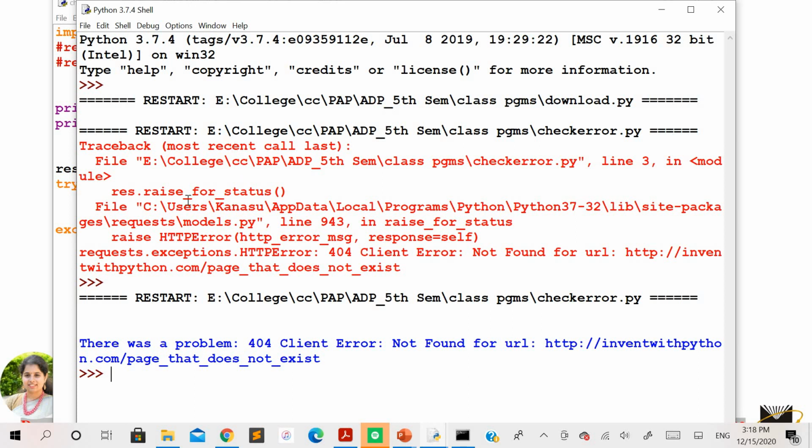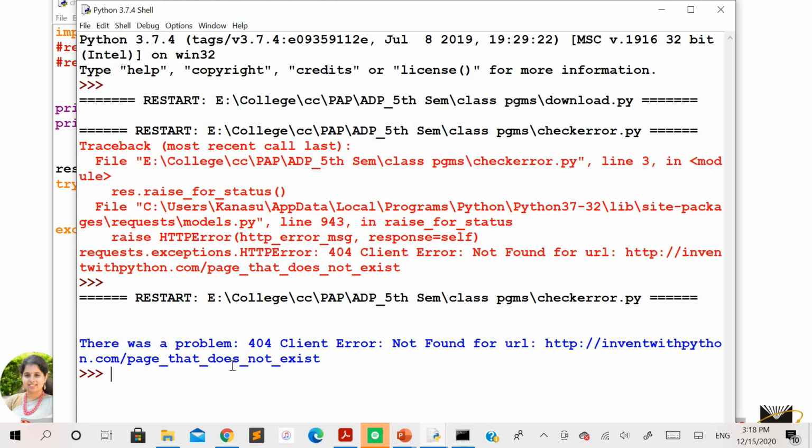Okay, you can see here that by using the try and except block, it is showing you only the message. In the first case, it was showing you everything regarding the path of the file and where it is going wrong, and even the HTTP error, which is not actually required for everyone who is reading this error. So in order to understand it in simplicity, you can just display an English sentence which is very easy for everyone to understand.